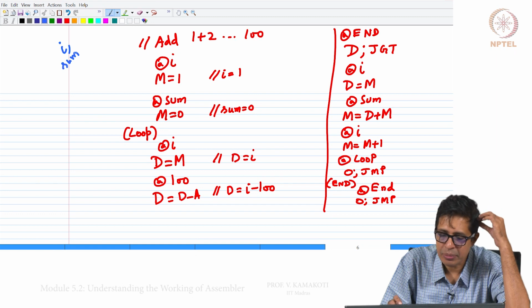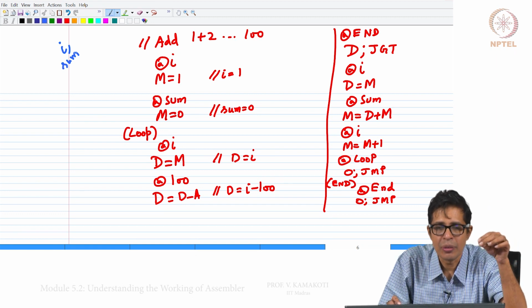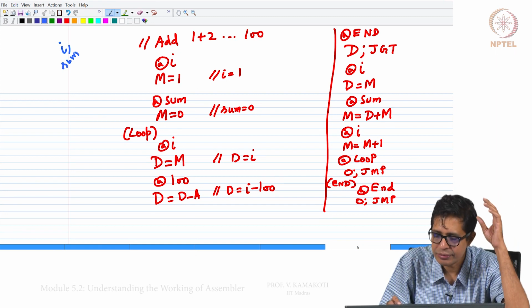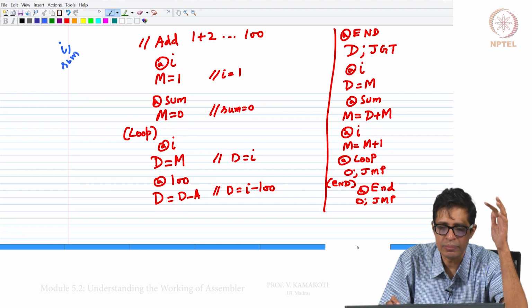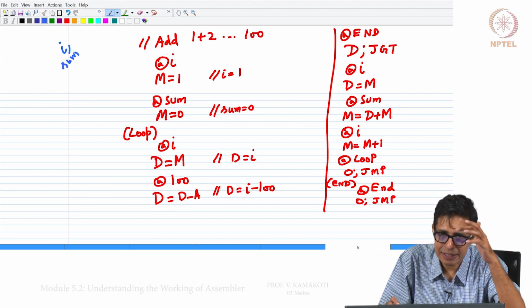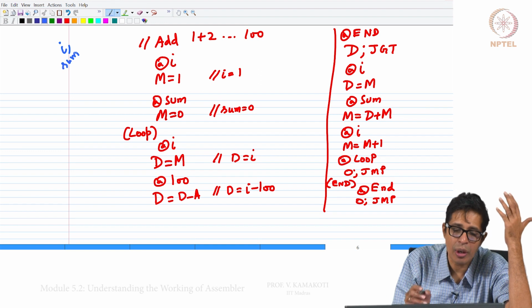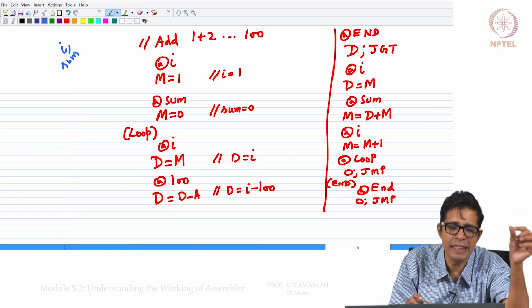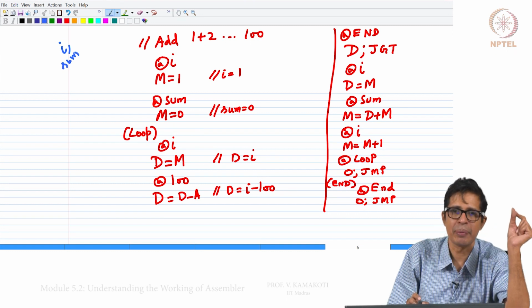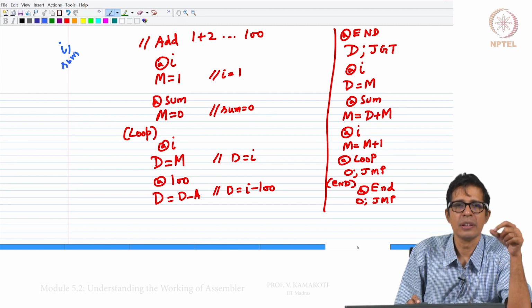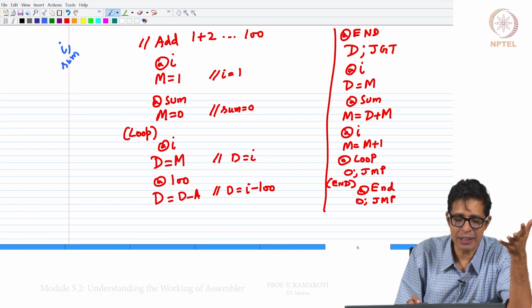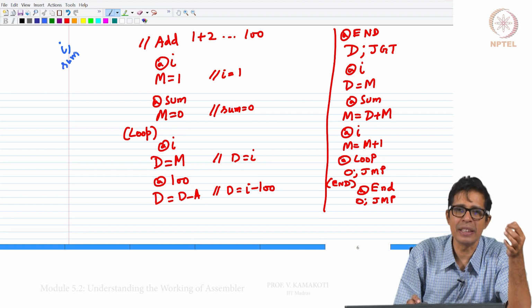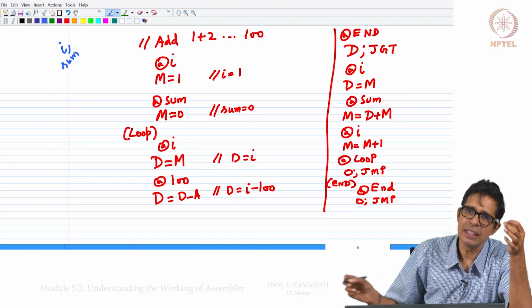I and sum are going to be in the data memory. So, when the assembler is assembling, it should also assign memory locations for I and sum in the data memory. So, the role of the assembler is also allocating memory for I and sum in the data memory.